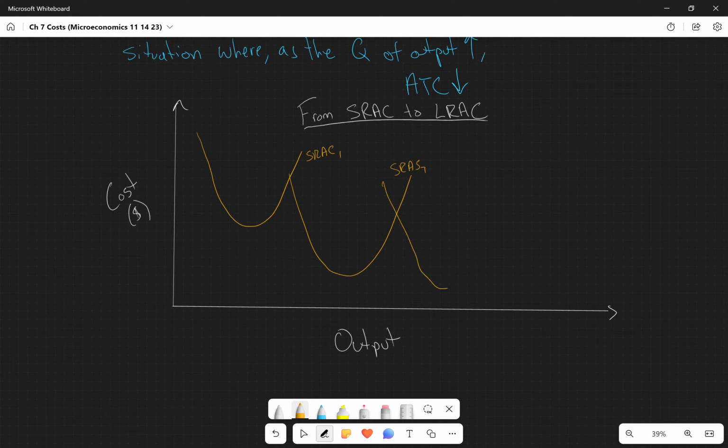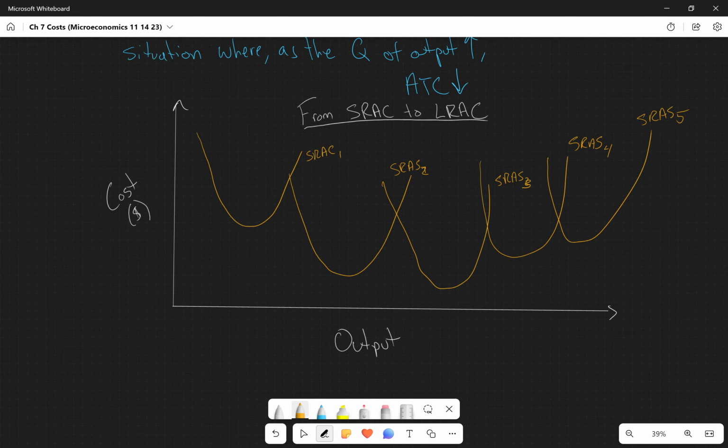We'll have another one that looks like this. We'll have one that looks like this. Sorry, 2, I can count, I promise. And we'll have another that looks like this. And so these are all, again, having to do with different capital costs and different technological choices in their production